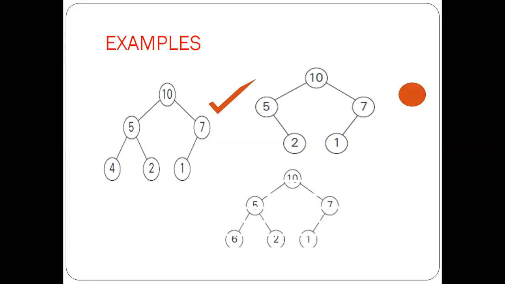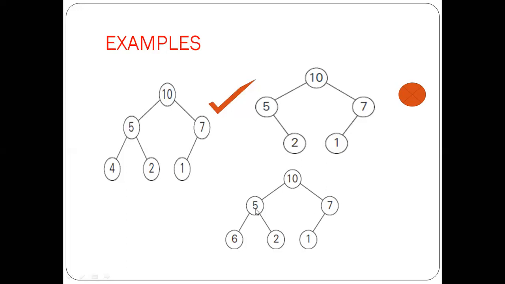We will see one more example. In this graph, let's check whether this is a complete binary tree. The first level is completely filled. The second level is completely filled. The third level is not completely filled, but it starts from the left-hand side. One more vacant location is there, but it is on the right side. Fine, so this is a complete binary tree. That means the shape property is satisfied.